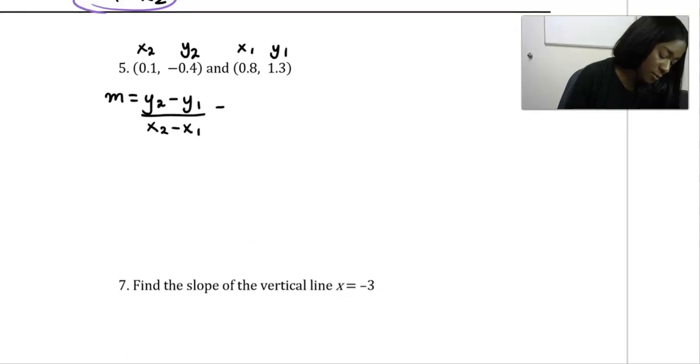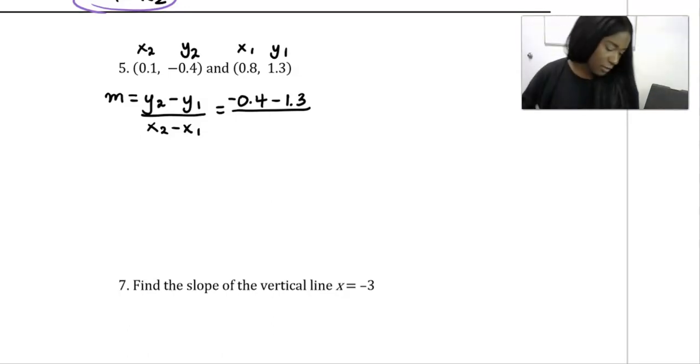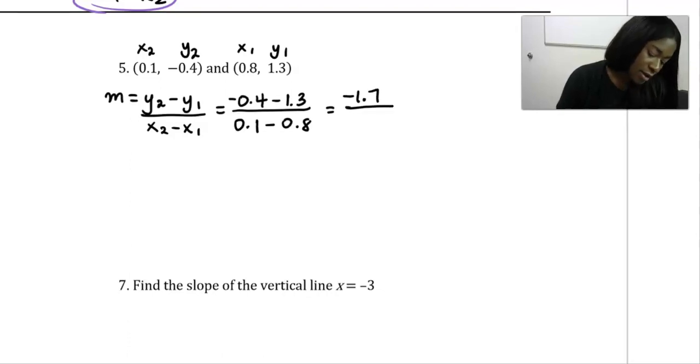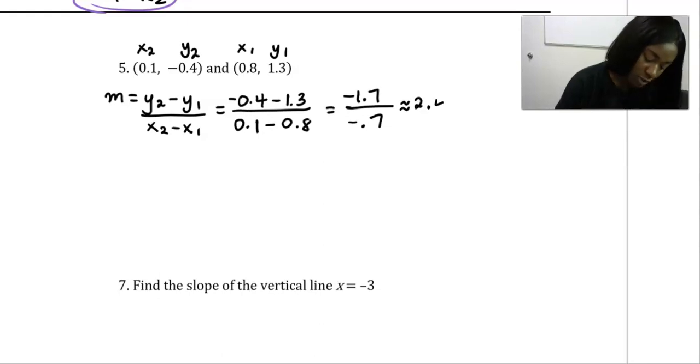x2 minus x1. y2 is negative 0.4. From that, we are subtracting 1.3. And then we are dividing. I'm going to go ahead and grab my calculator. x2, which is 0.1, minus x1, which is 0.8. So in the numerator, negative 0.4 minus 1.3 is going to be negative 1.7. And in the denominator, 0.1 minus 0.8 is going to be negative 0.7. And 1.7 divided by 0.7 gives us about, I'm just going to round this to one decimal place,